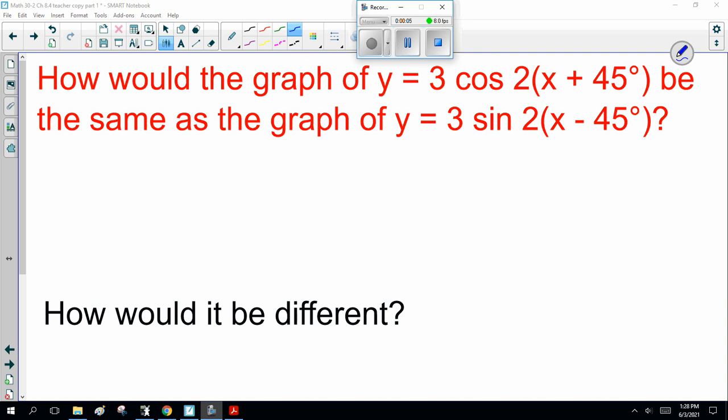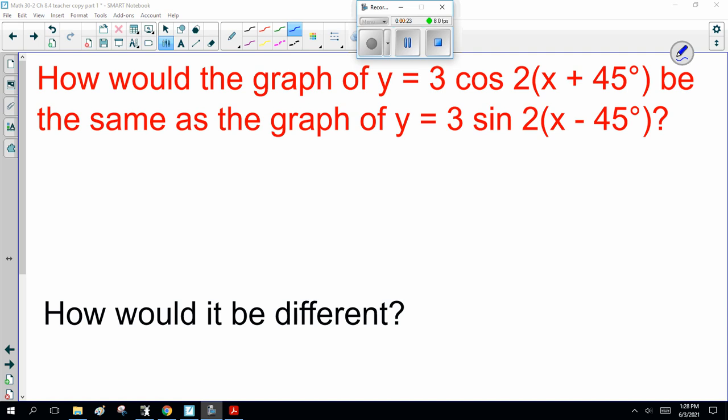Welcome back to Math 30-2, Chapter 4, Section 4, Equations of Sinusoidal Functions, Part 4. Finally, we're getting to the end. Now,